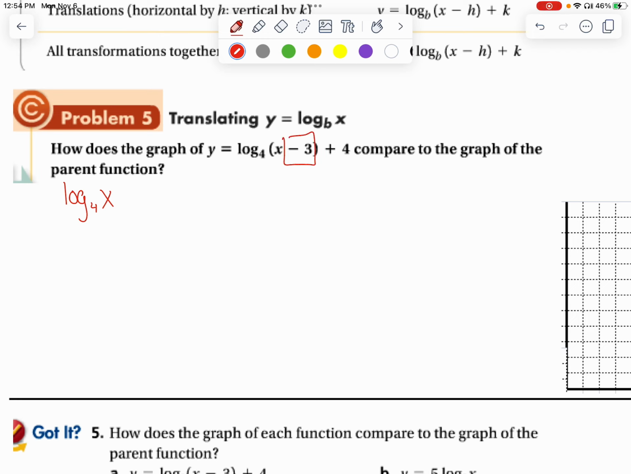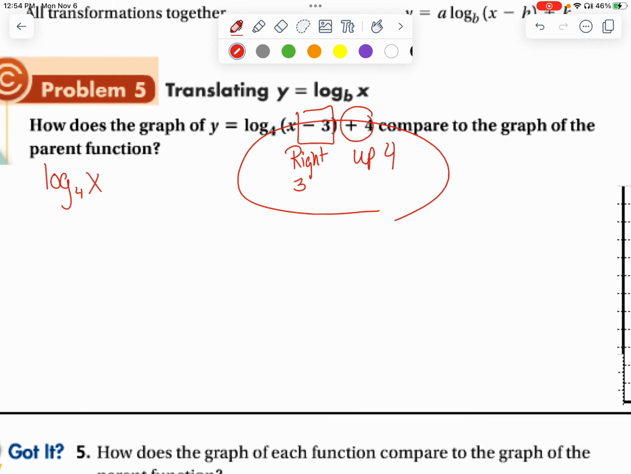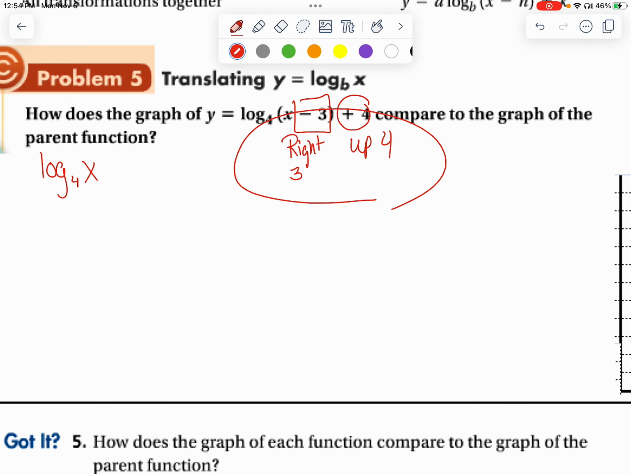This minus 3, you should know from previous lessons, means right 3 because it's with x. This plus 4 would be up 4. Honestly, if you get that much, that's actually pretty great. We don't need to develop a crazy graph. If you want to, I'm more than happy to do that for you. But I think what's really important for us to talk about is what the domain and the range would be